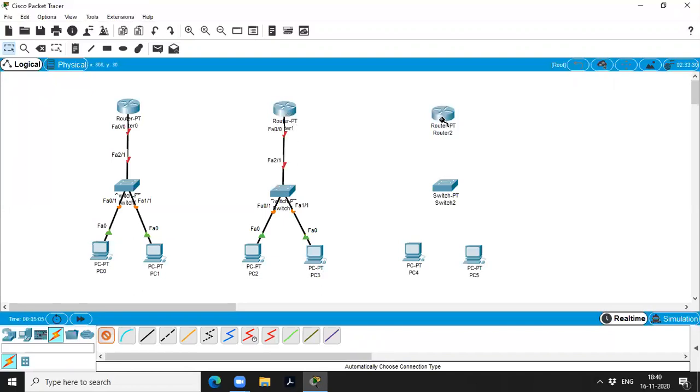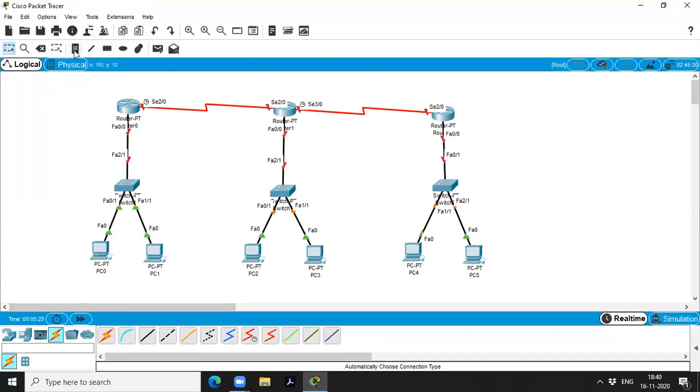In this way you have to connect. I hope you understood in the previous class. This is my serial cable, and this is my other serial cable. Next I have to design my IP.